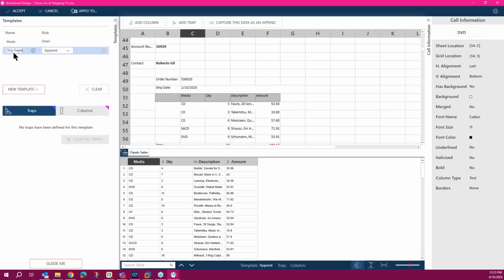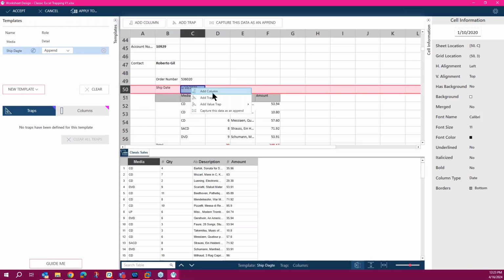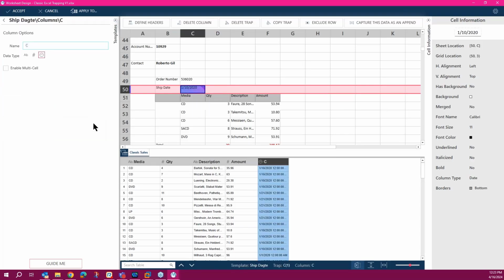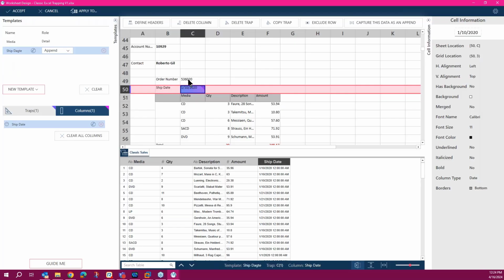But here we do it as a separate template, and then add column. So that just adds the ship date, and it is date time.